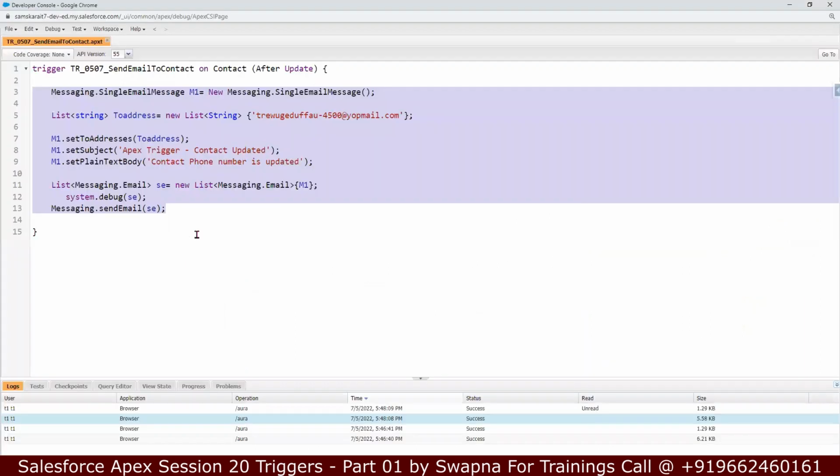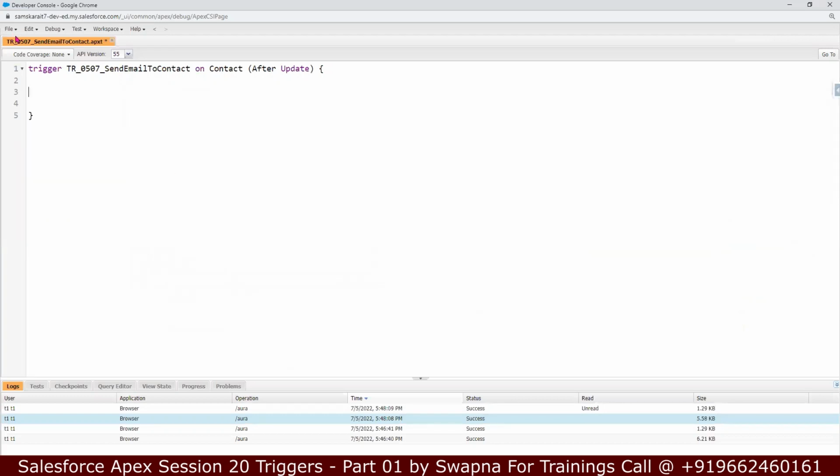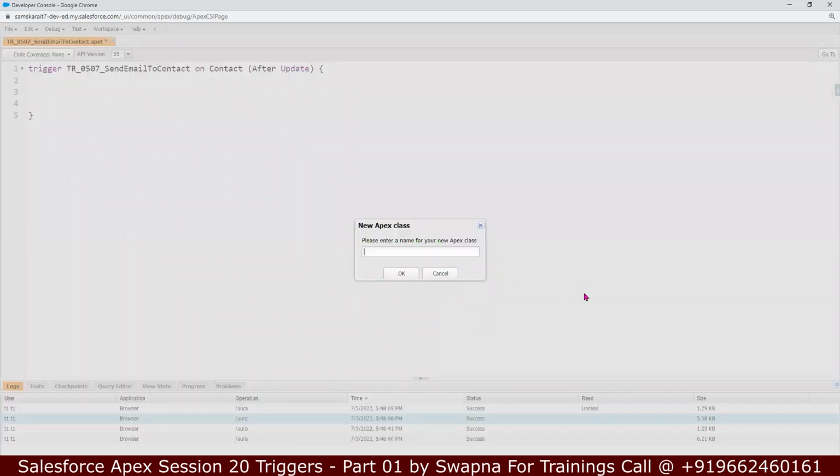So basically I have to take this out. Control X. Okay, now let me go ahead and create a new Apex class. This is for the trigger, right? And today's date, 0507. And let's say email trigger, email trigger on